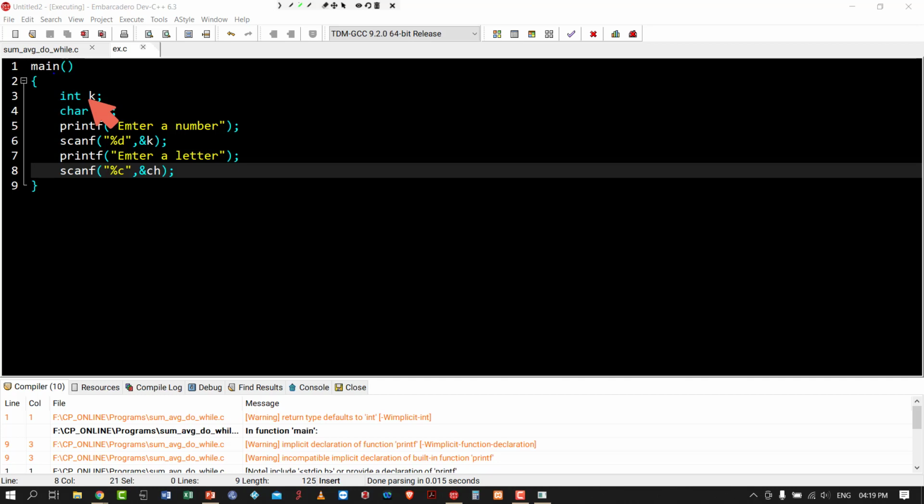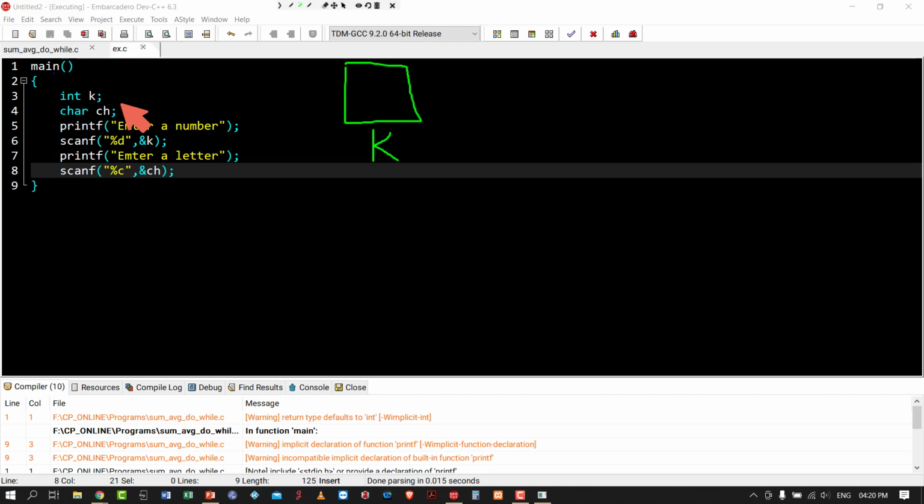Adarsh Kumar, can you hear me? Yes, sir. What is the meaning of int K? Sir, K is a variable, which is integer type. Okay. So K is a variable. So K can hold an integer. That's the meaning. So during the execution of this statement, some memory will be allocated for K.